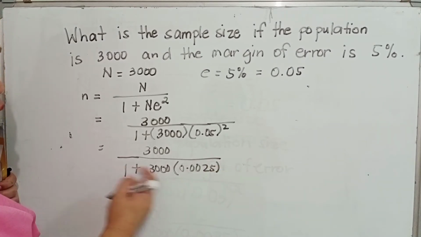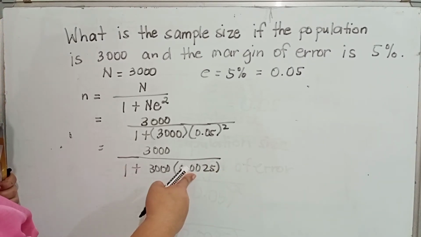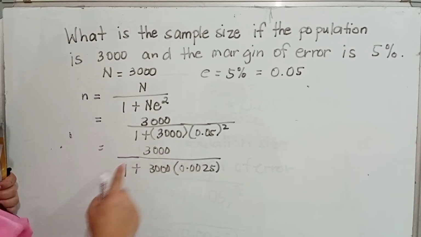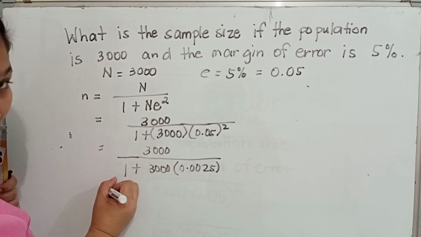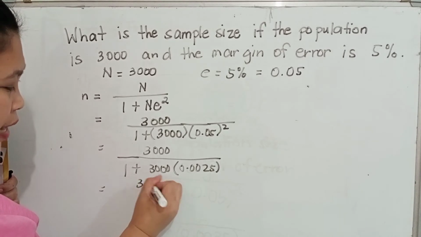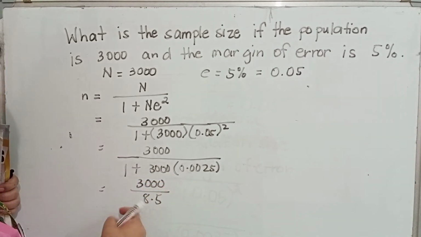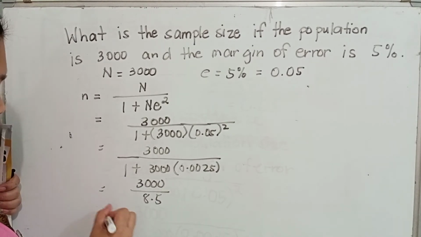After that, we're going to multiply 3,000 and 0.0025, and that is equivalent to 7.5. Plus 1, that is 8.5. So you have 3,000 to be divided by 8.5, and that is equal to